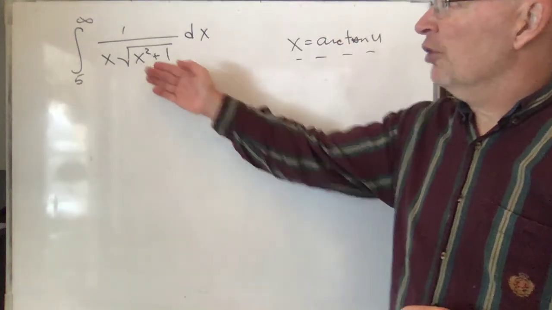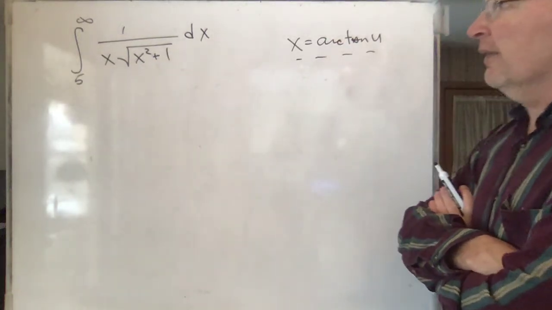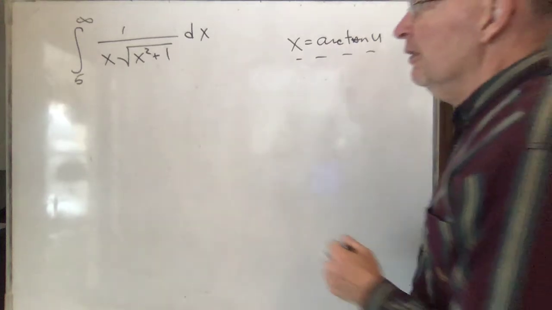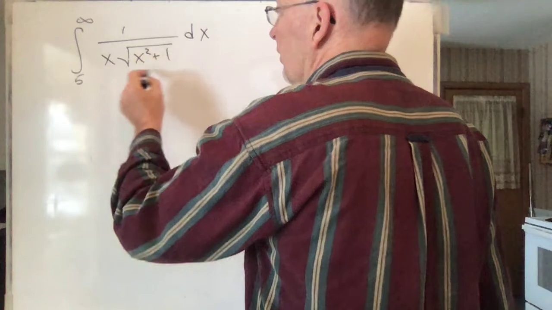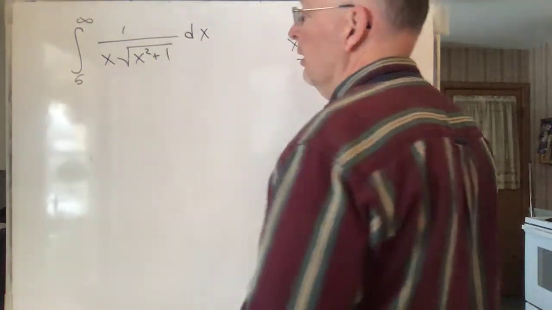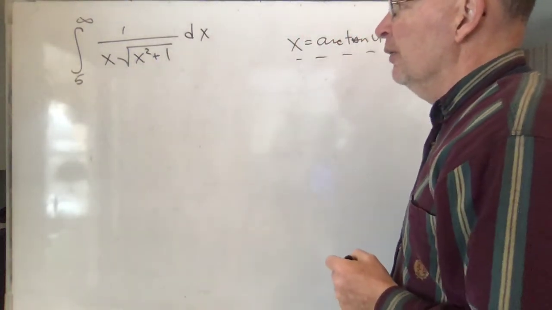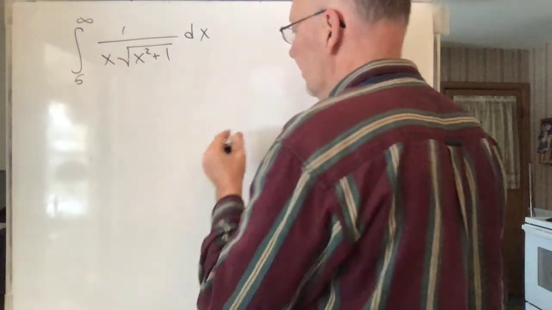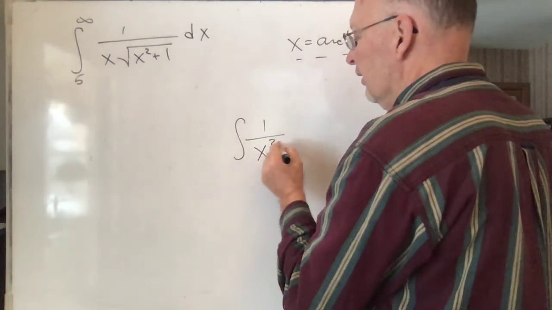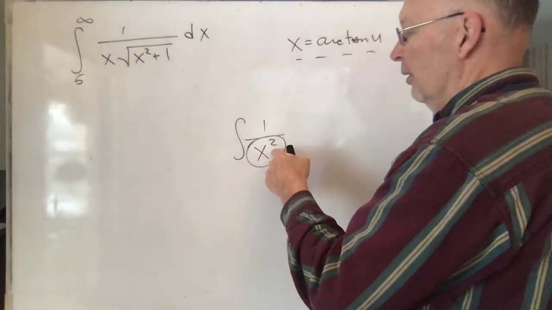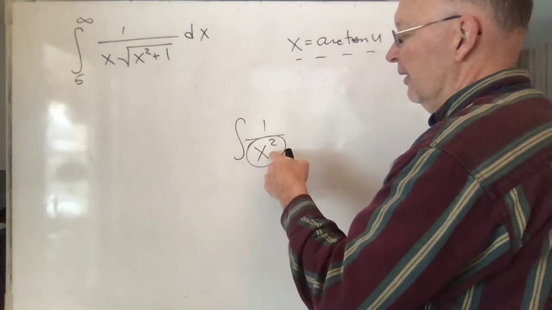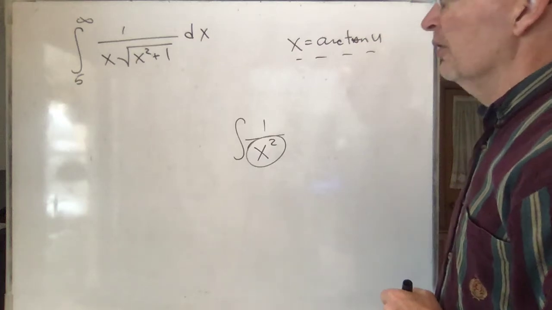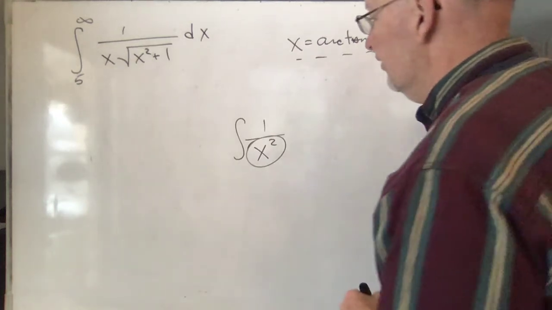But what if you just want to determine whether it converges or diverges? Can you tell? I can tell because I say to myself, look, by the time you take the square root of x squared, you effectively have an x there. So this is an x, that's an x, x times x is x squared. As long as you have something here in the denominator that's greater than 1, it's going to converge. So boom, I know that's going to converge.